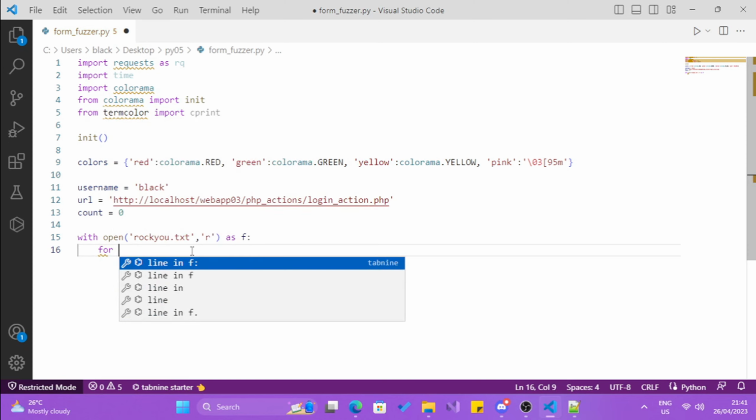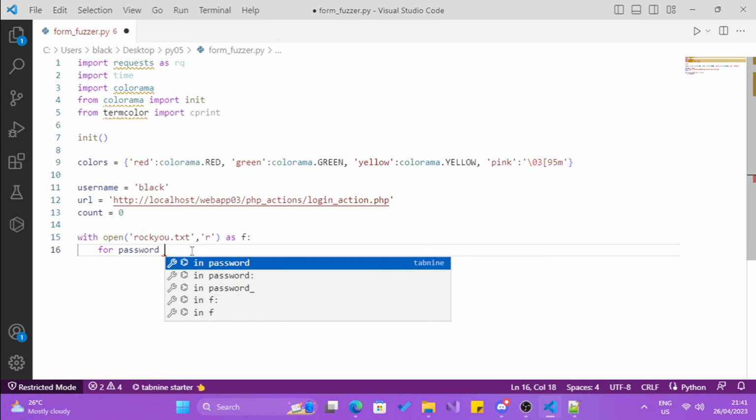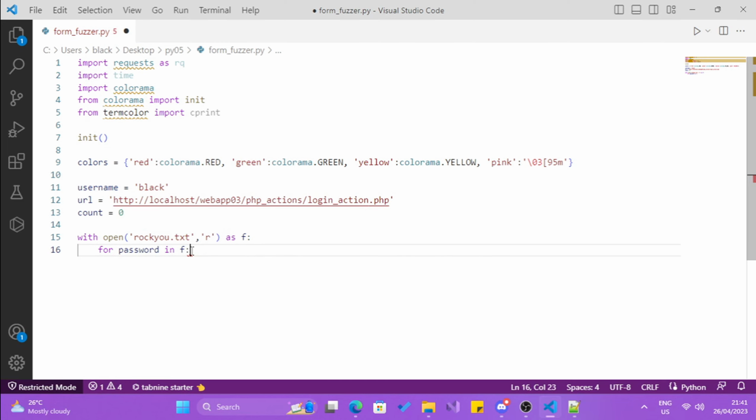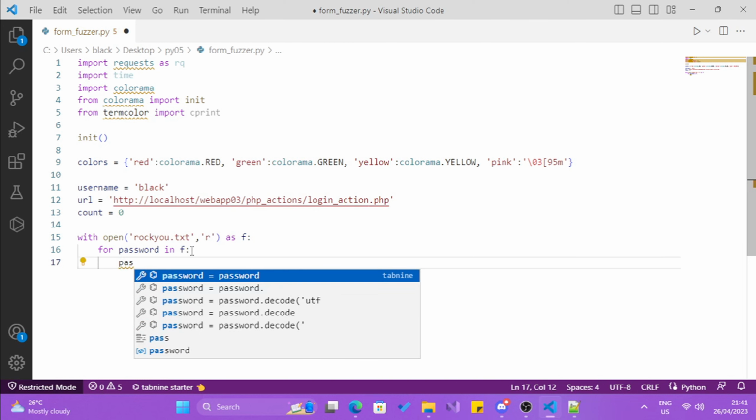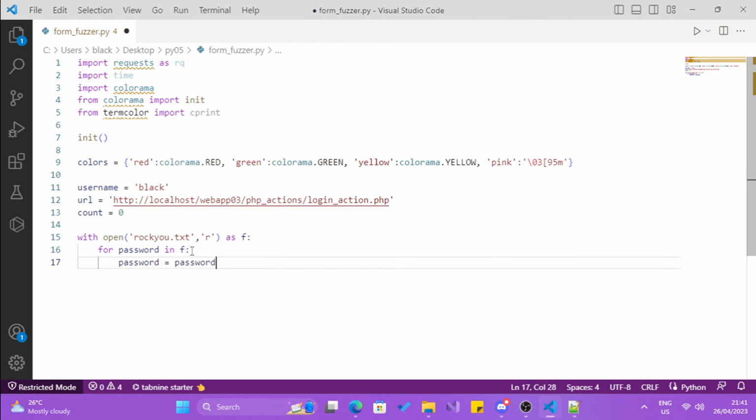For password in f, the password is what? The password